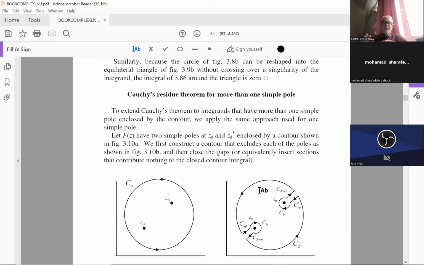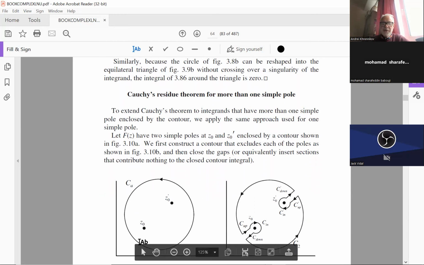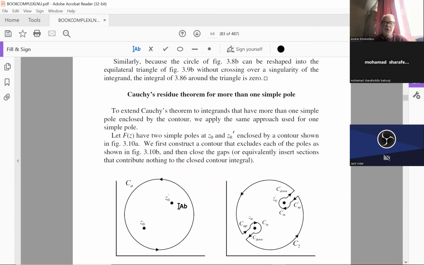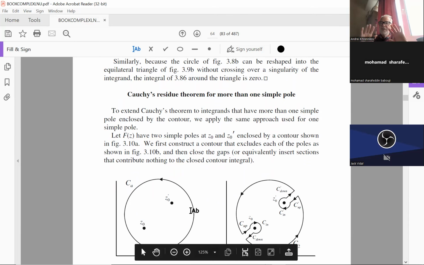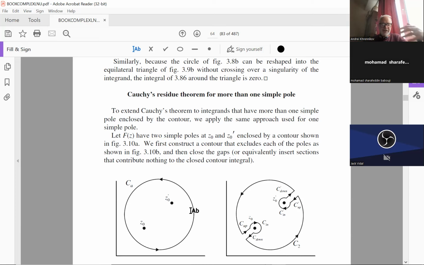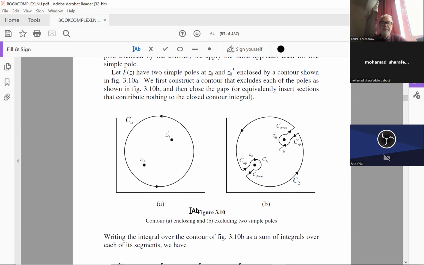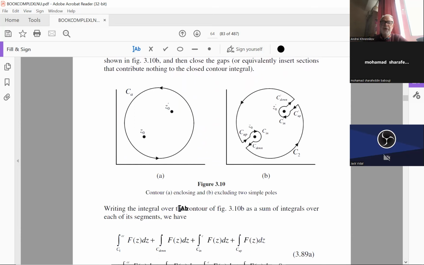Now there can be many poles. It can be a function which has many singularities inside the contour. So for example, it has a singularity here, here, point z0, z0 prime. How to modify our theorem? The modification is very simple. For the situation when we have many poles, we still consider poles of the first order, only first order. Higher orders also reduce to this theorem, but you need a bit more work. But two poles is very simple.